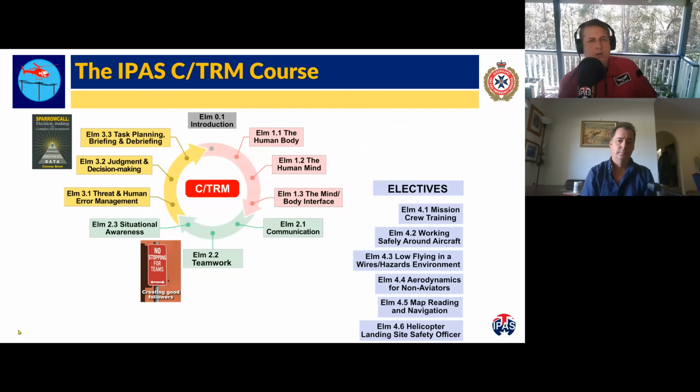100%. As CRM started to progress and go through its generational changes, it went from not just the cockpit to the whole crew. Then they started looking at the whole aviation team, such as the dispatchers, the baggage handlers, and operations teams. Then other industries started to see its usefulness as well. The medical industry started to see that a lot of the lessons from CRM in aviation applied to the medical team,